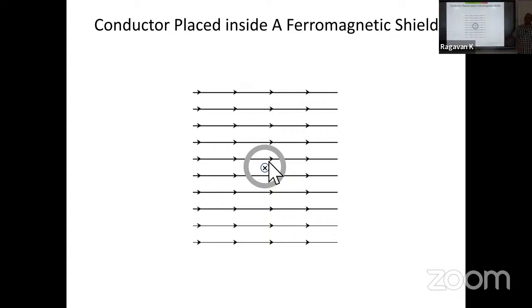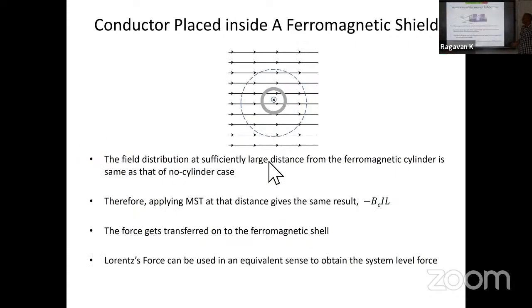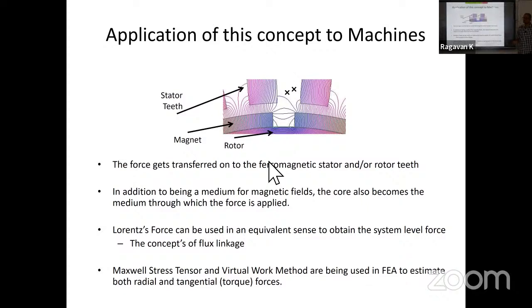Agreed? But we have also seen that I can simply remove the shell and apply BIL and say that the whole system is having BIL as the force. This is what we do in machines. In fact, the field is not reaching the conductors, but it's clearly mentioned in all the textbooks that we assume the conductor distribution is just below the stator surface and apply Lorentz force, or BIL, or MMF based methods.